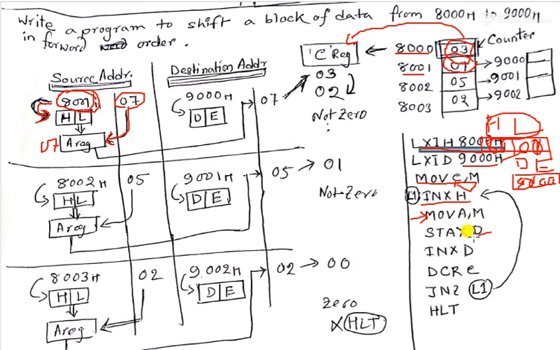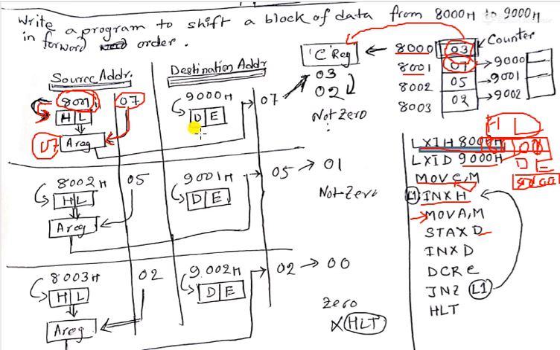This is the difference from STA. If there is written STA, that is store the content of the accumulator to a direct address. Here written is X, STAX. X means the register pair, the content of the accumulator which is moved to the D register pair, and the D register pair holds the address. You have to move this A register content to this address location. Okay, so where it goes, STAX D, the content of the accumulator, that is 07, will move to the D register pair address.